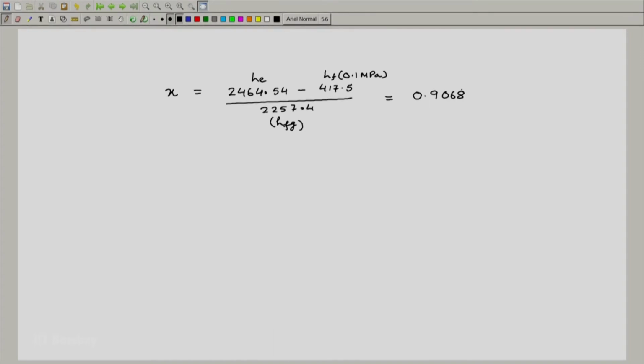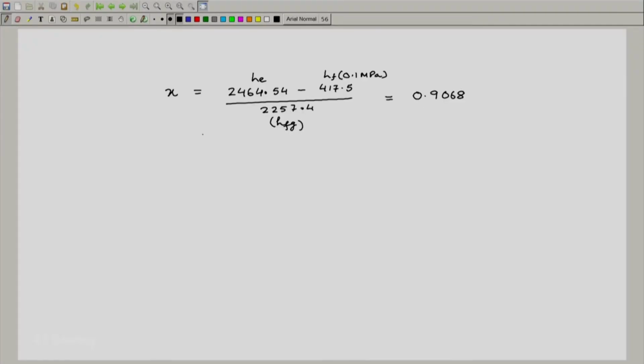0.9068, and we realize that this is drier than the state which we would have achieved ideally, and of course, the process was even more irreversible. You would have probably got an even drier state. So, we know what the real exit state is now. Now, it is reasonably easy to get Se, because all we have to do is use x multiplied by Sfg plus Sf, where Sfg and Sf are calculated at 0.1 megapascal, and we get that as 6.7945 kilojoule per kg Kelvin. So, it is easy now.